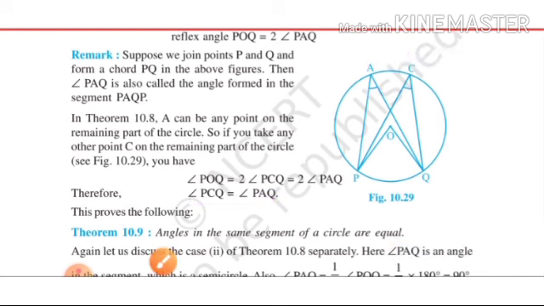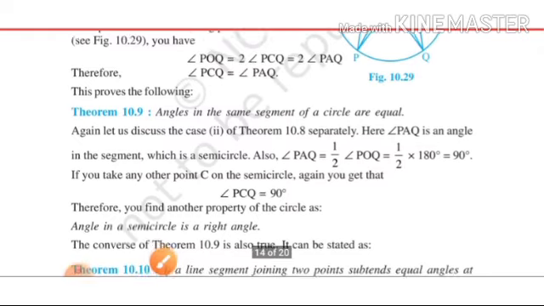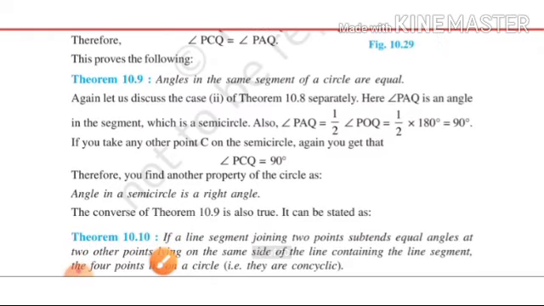But remember, it should be for the same arc. Both these angles are for the same arc PQ. It should not be for another arc. Okay, it should be for the same arc. You can prove it that way. Likewise, I told you that